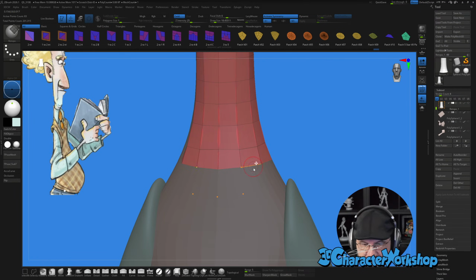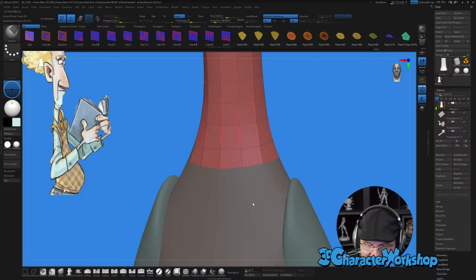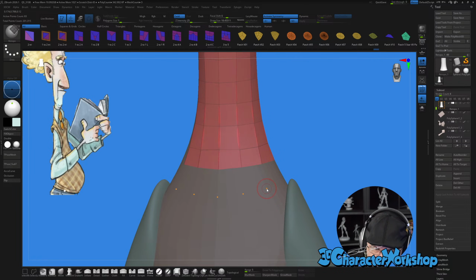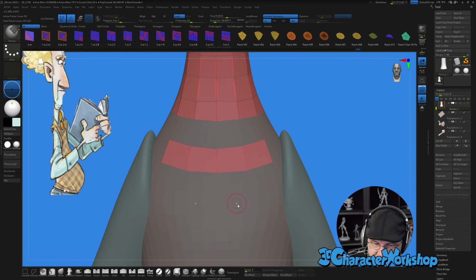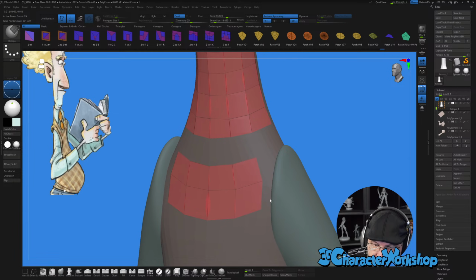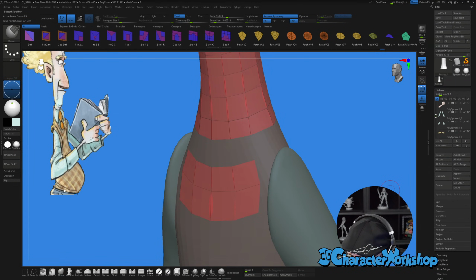It's all of a sudden just ignored it, like it forgot that this was a retopo. Weird. So let's see if I can do it like this. Whoops. There it goes. Maybe I just wasn't big enough. No. That's really strange. Well, I'll just retopo this down here, and then I'll bridge it up to there. Bridge it.